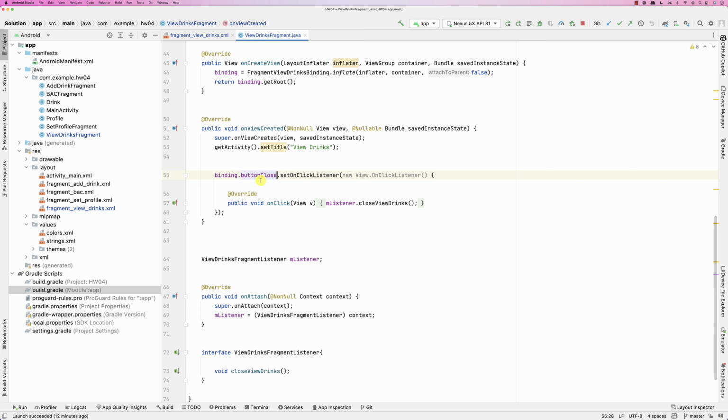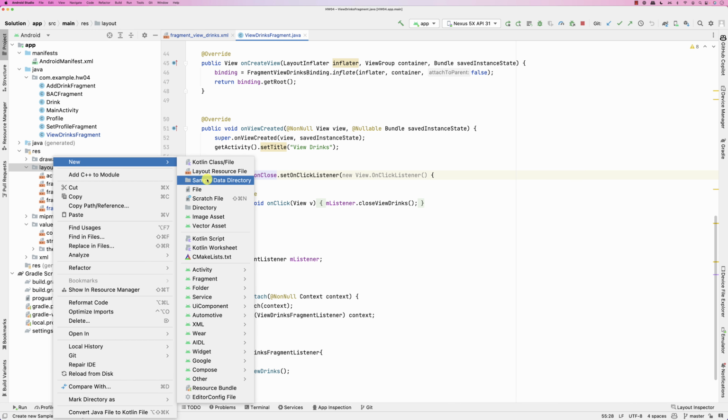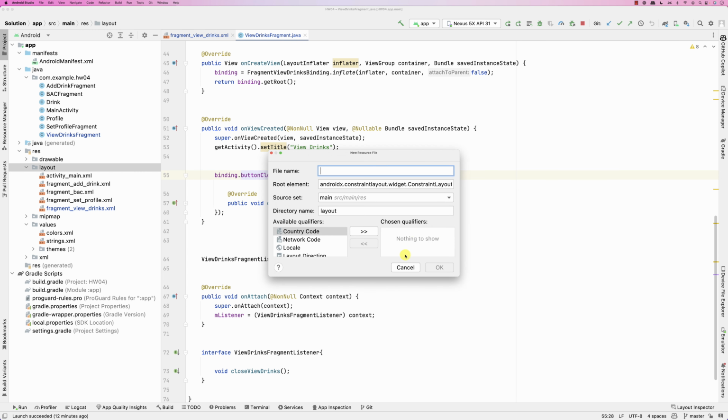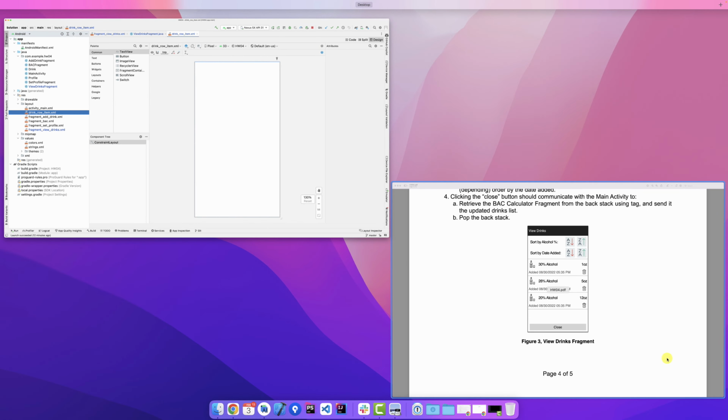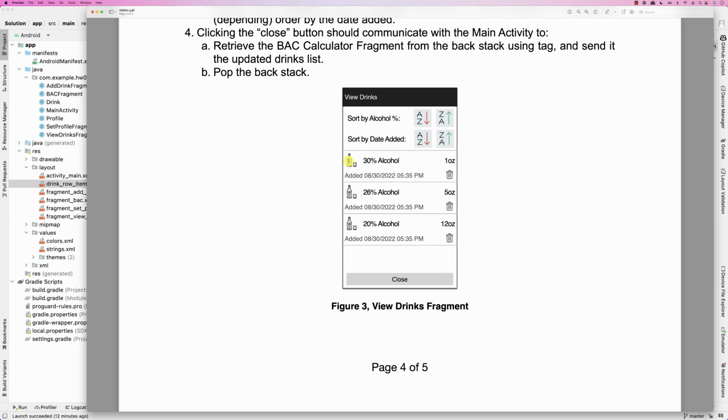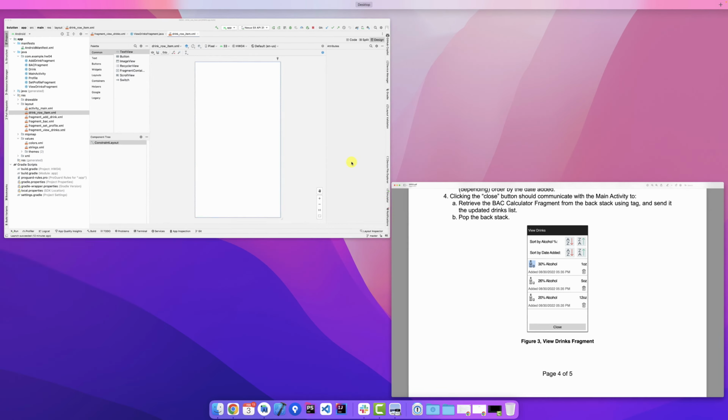Right. So basically, layout should work, but now we also need to create a new layout item, and we're going to call it drink row item. That should display a drink, something like this, right? We need an image for a drink. So I don't know if I had it in the